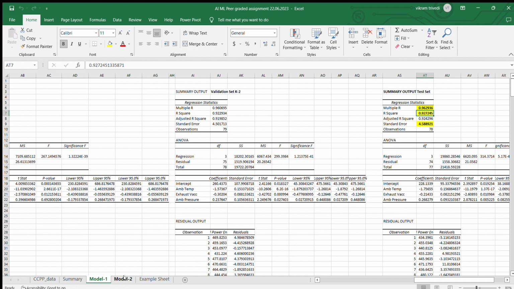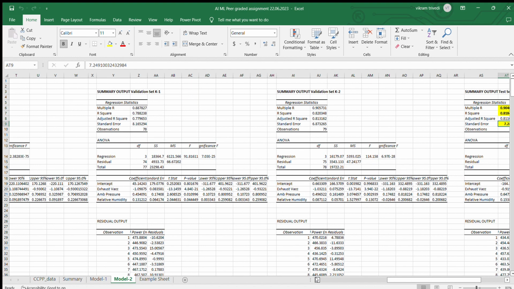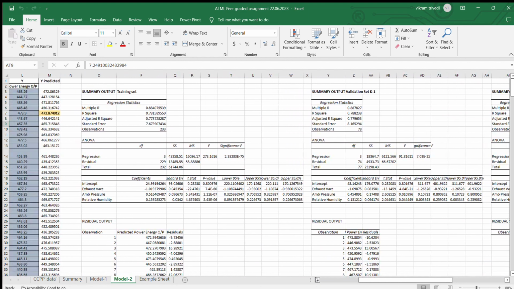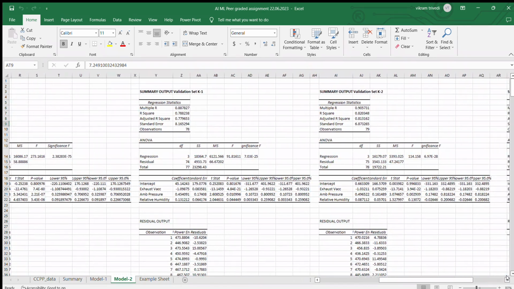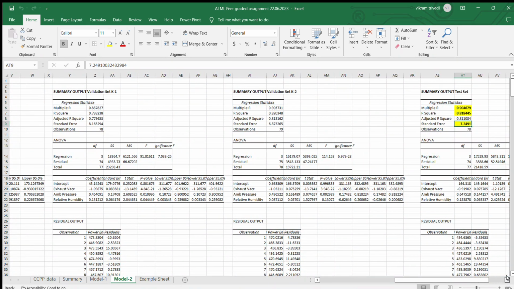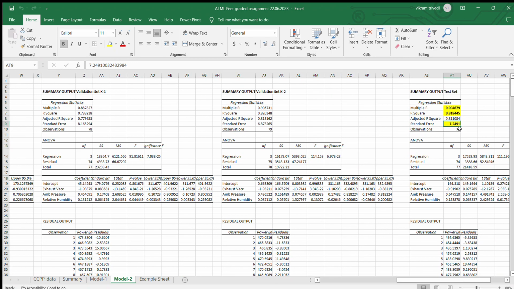Whereas in case of model 2, algorithm 2, we are having a lower R square value of 0.78 and a higher standard error of 7.2, both in case of the training set, cross validation set as well as